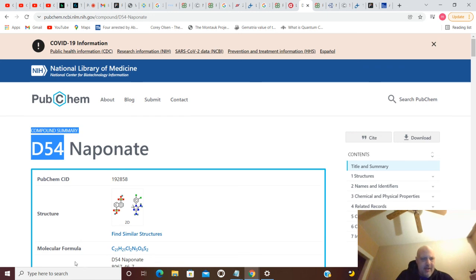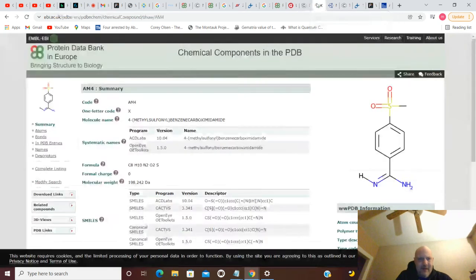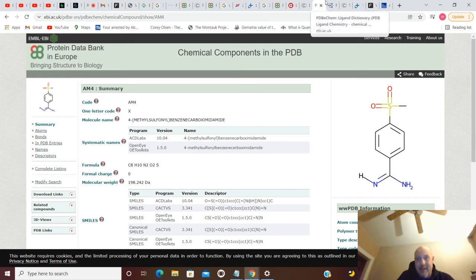So you got another chemical here. And if we move on from that, you have AM4, and here is AM4. It's once again in the protein data bank, code AM4. 4-methylsulfonophonie benzocarbamide. So another chemical component in the protein data bank.